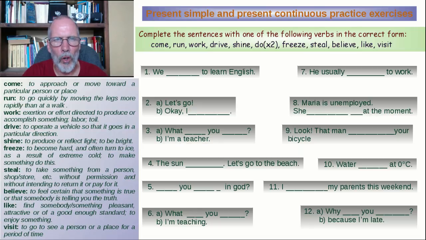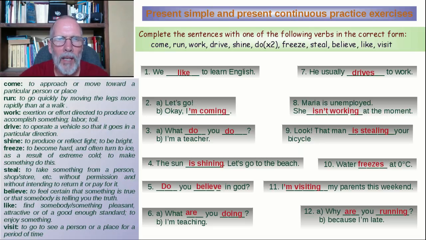5, 4, 3, 2, 1. And there we have all the answers. So just check how many you got correct and let's have a look at the reasons. So in number 1, the answer is we like to learn English. Basically here the verb is like, and it's in the present simple, and the reason it's in the present simple is because